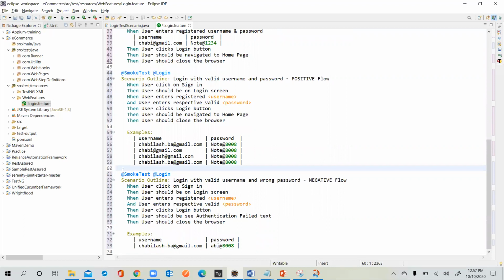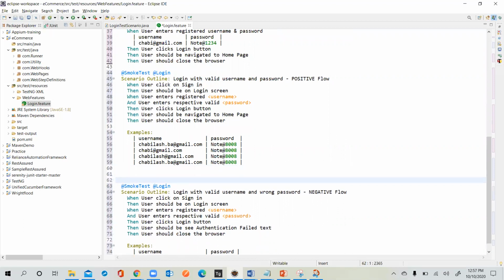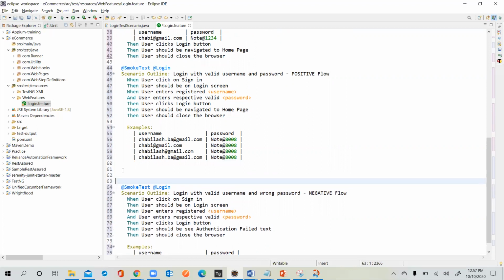So what is a scenario outline? If you wanted to have multiple iterations in the same session, then we'll go for this. The example I gave was searching for a particular product. And scenarios are nothing but different positive and negative scenarios, all things you can write. There is no restriction on how many scenarios a feature file should have, but it would be module wise.